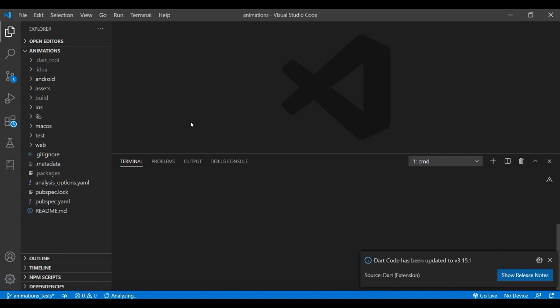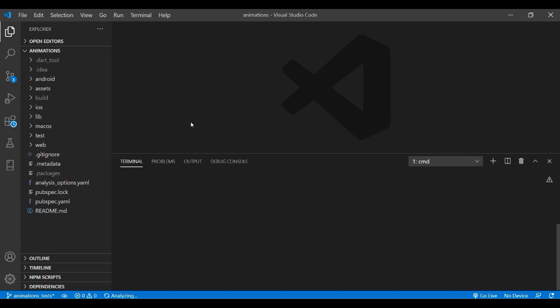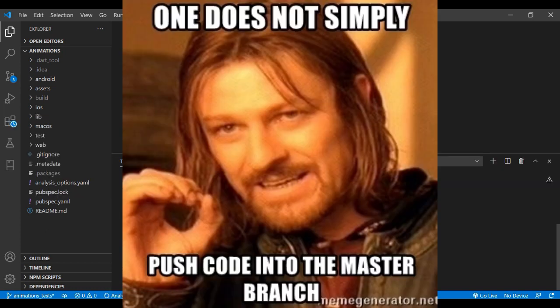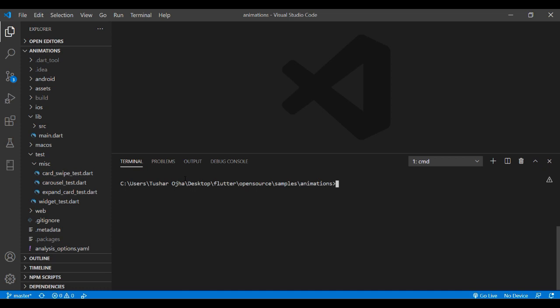Imagine you have a copy of your application, and another copy from which you have copied is the Flutter samples. Someone else has also opened a pull request that changes something in that main copy. When you also try to change that, your local copy will be outdated. So if you want to keep both in sync, you should not directly contribute to the master. You should create your own branch and make changes there, and that's how it works. So that's what we are going to do. I'm going to create a new branch which is different than the master.